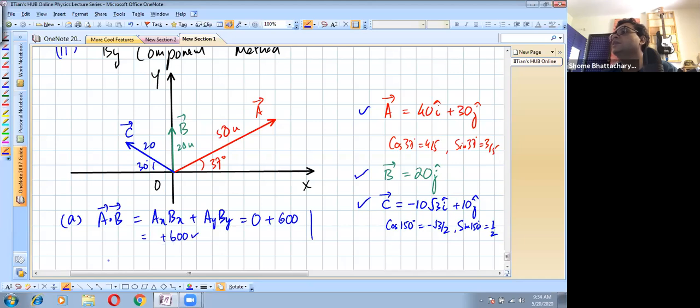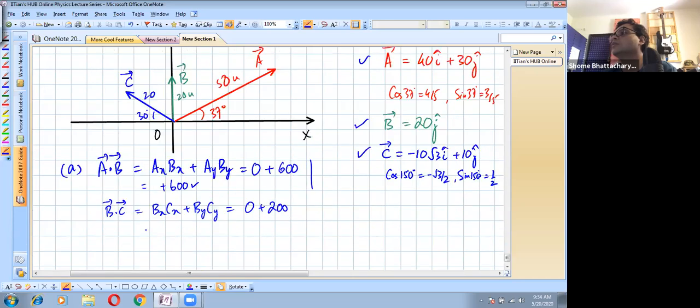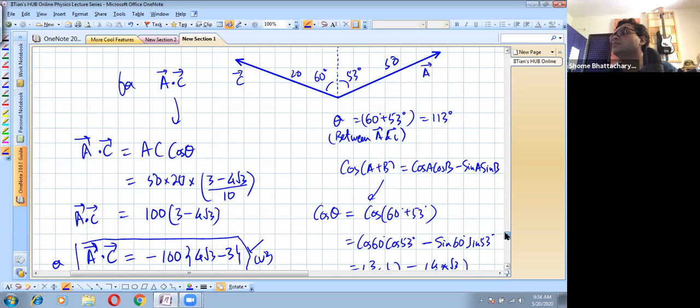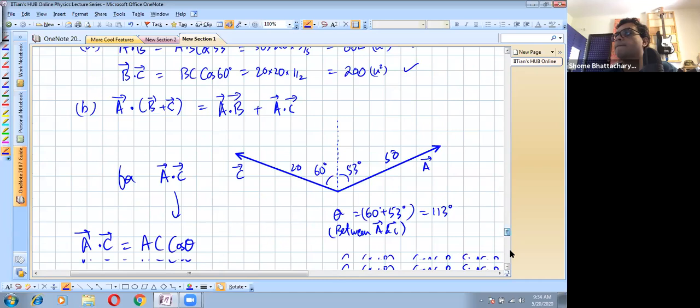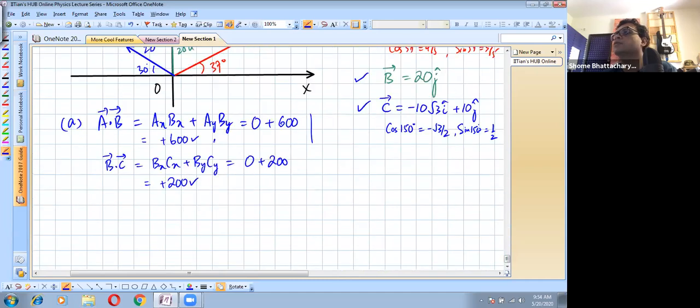Okay. Similarly, B dot C, you can see is Bx Cx plus By into Cy. So again, Bx is 0, but By is 20 into 10, so that's 200. So plus 200. Okay, which are the same as the answers we had got above. This and this. Of course, this is same unit square. And now when we come to this part,